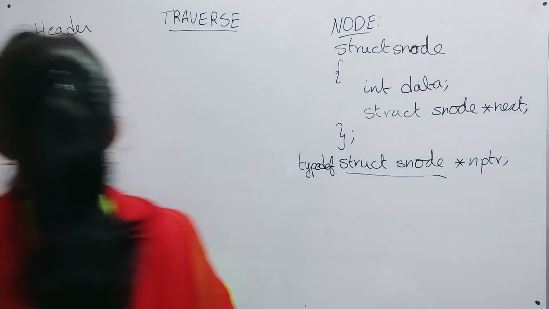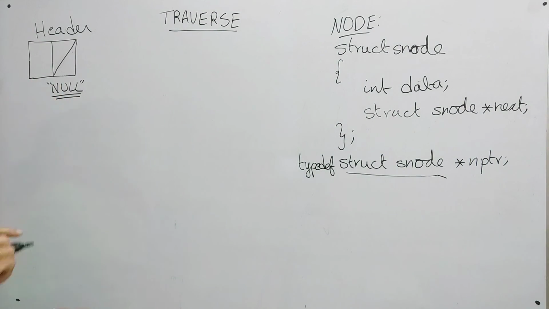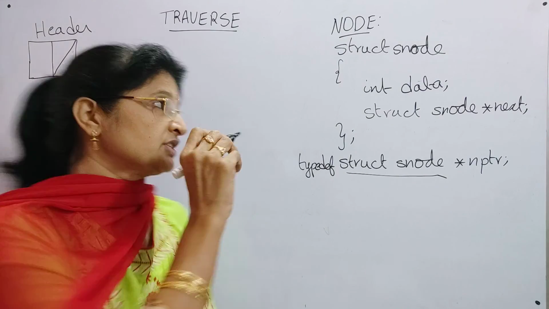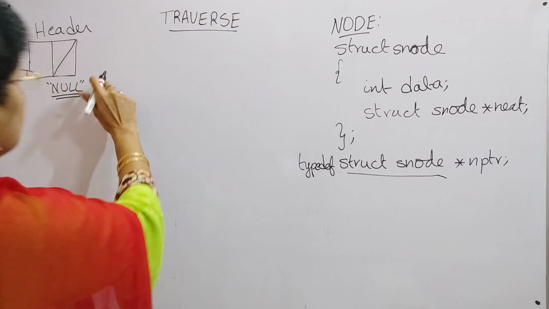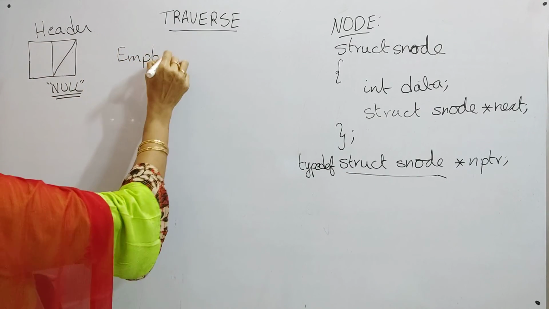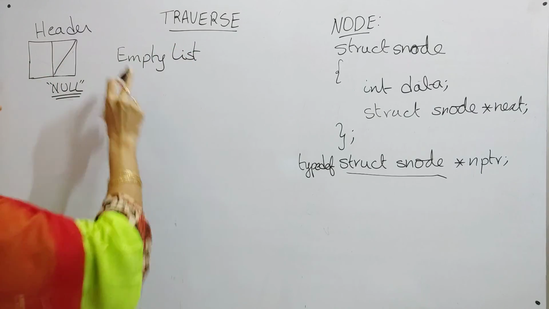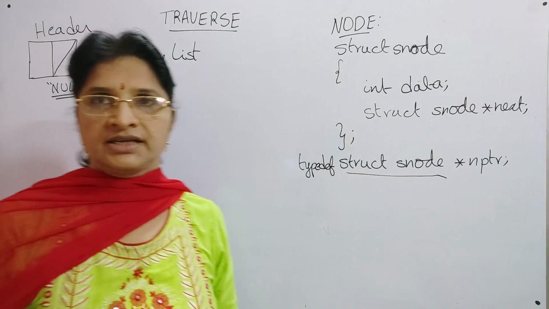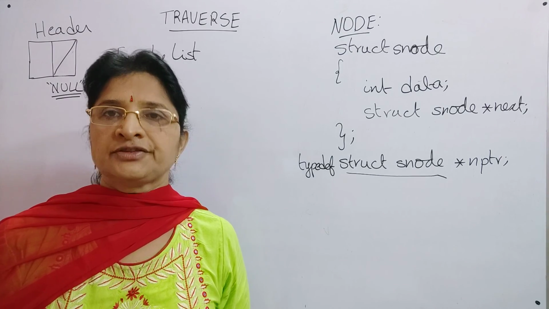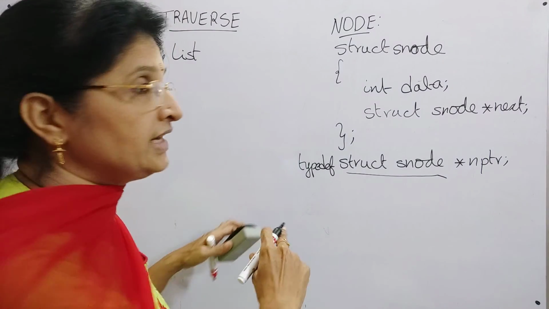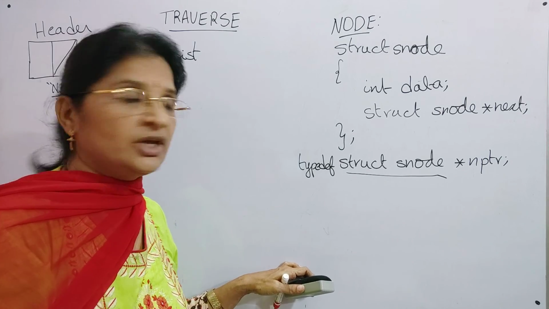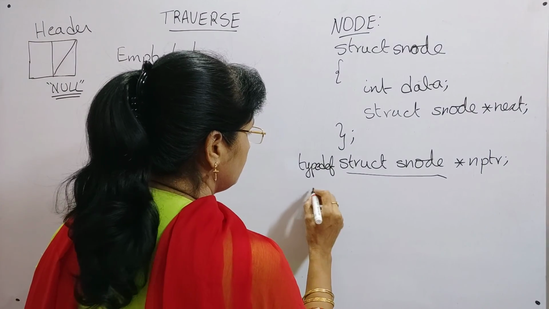Now, for example, if you want to check whether the list is empty or not, first of all we will write that function. This is an empty linked list, because here we don't have any node. How can you check whether the list is empty or not? In order to perform certain operations, we need this function. Suppose you want to write a function to check whether a given linked list is empty or not. For that, I will write a function.